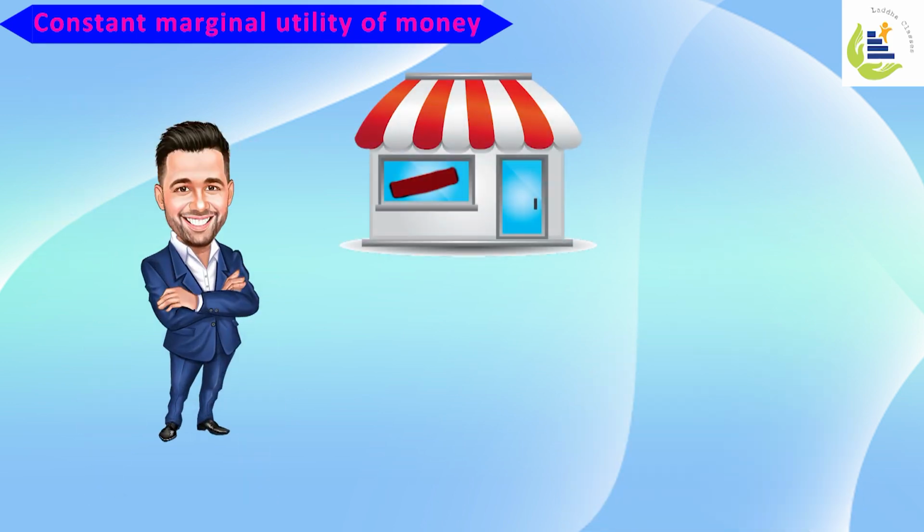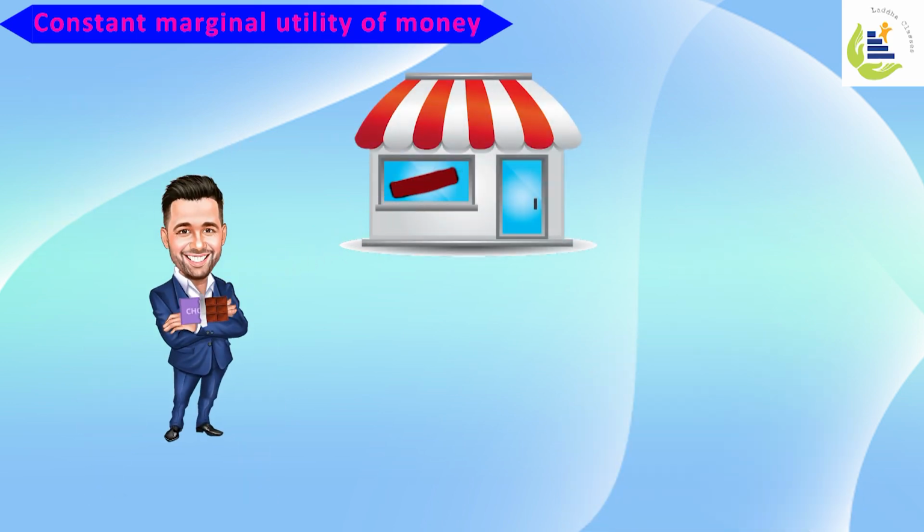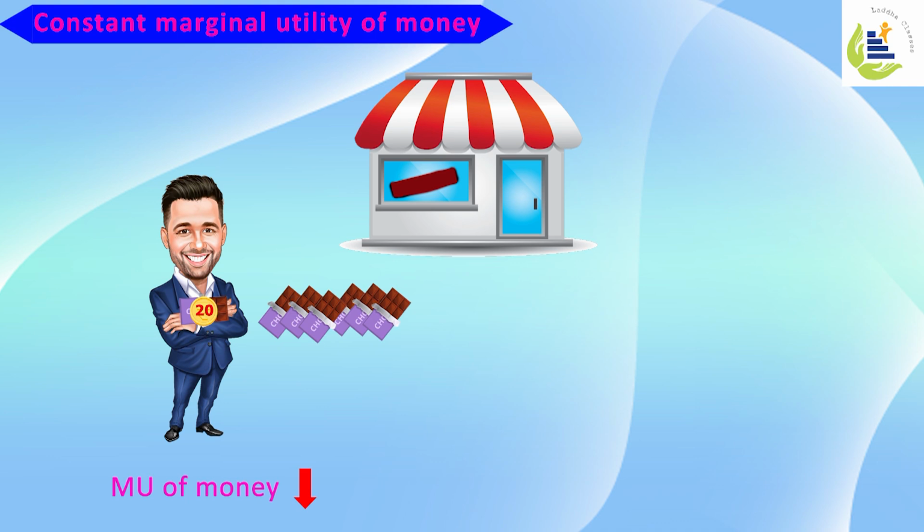Let's say I want to buy a chocolate. The chocolate costs me 20 rupees. If I am a rich person, instead of buying one chocolate, what will I do? I'll try to buy more. Since I am a rich person, the per unit utility of money is less for me. So instead of buying one chocolate, in one go I can buy 4, 5, 8, 10 chocolates. The satisfaction derived from one unit is not there for me, but for others it is exactly the opposite.